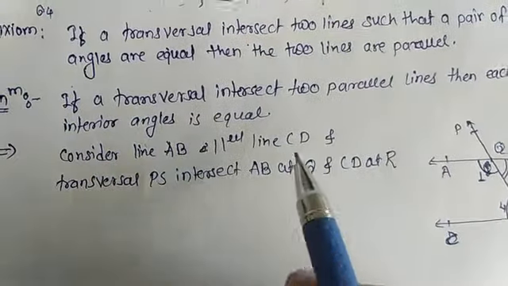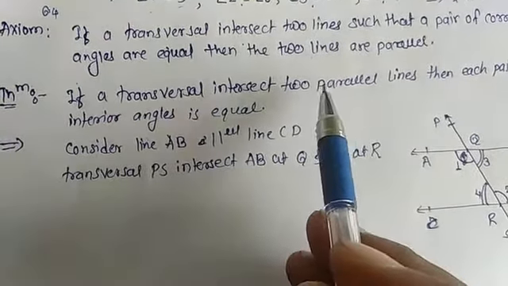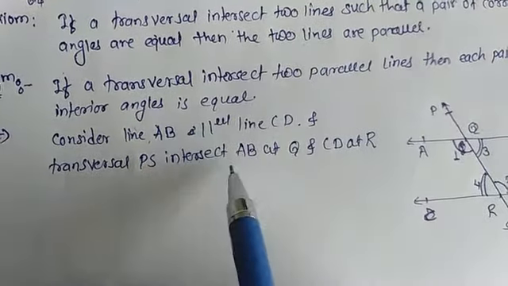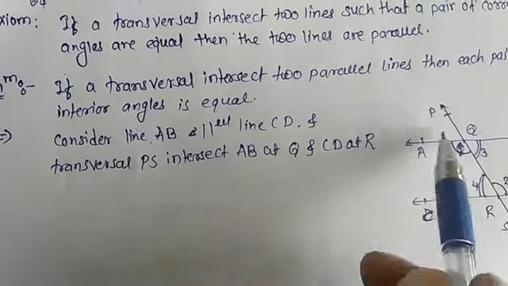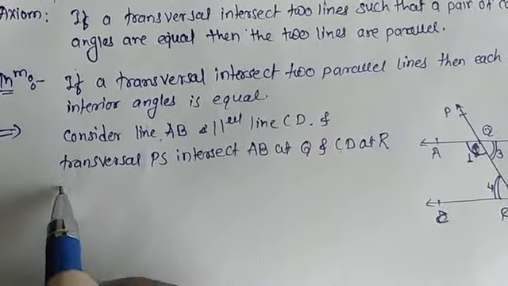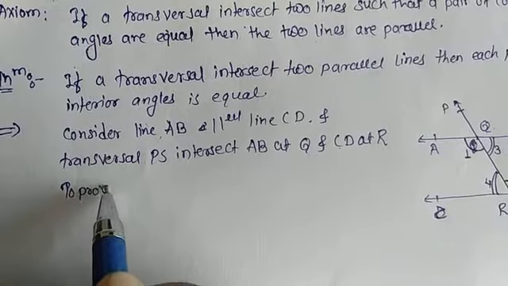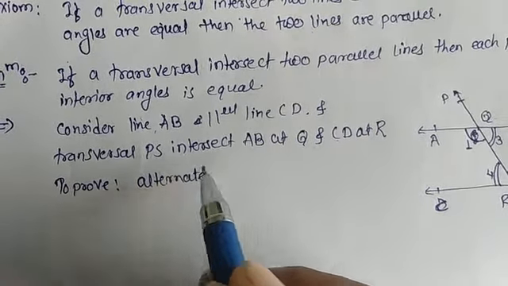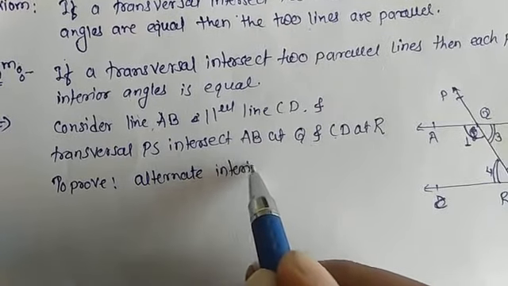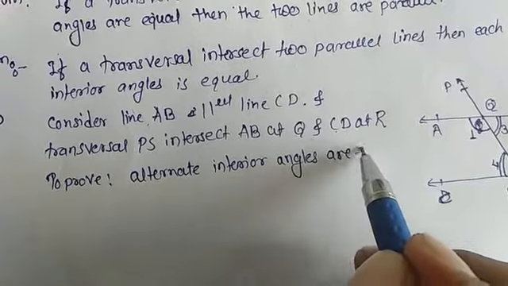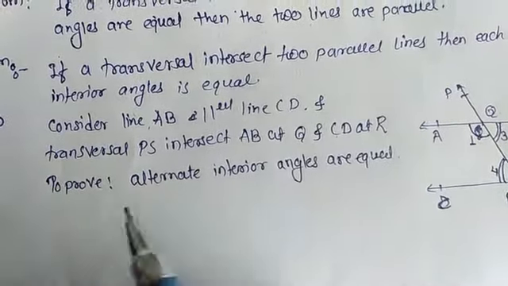It is the given part. A transversal intersects two parallel lines. AB and CD are parallel lines, and PS is intersecting these two parallel lines, AB at Q and CD at R. Okay, to prove that alternate interior angles are equal. That means we have to prove that